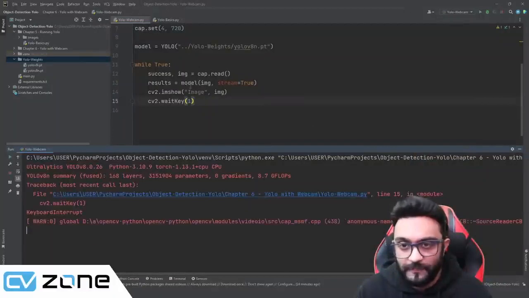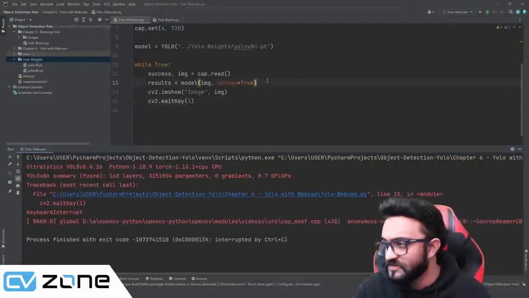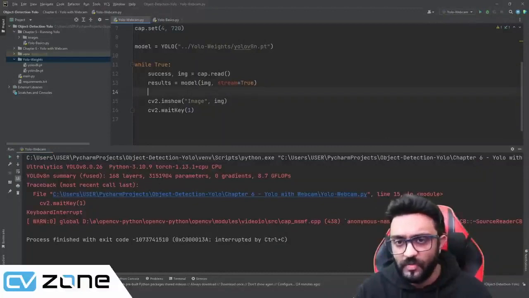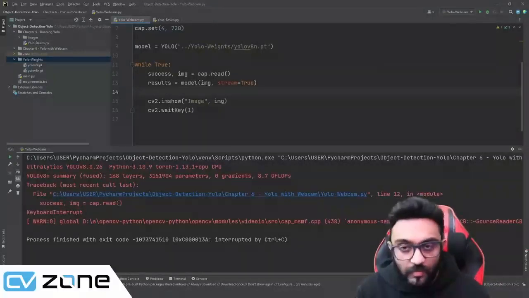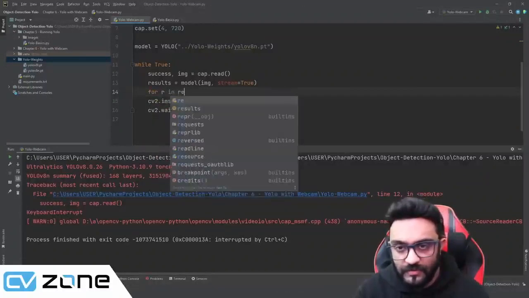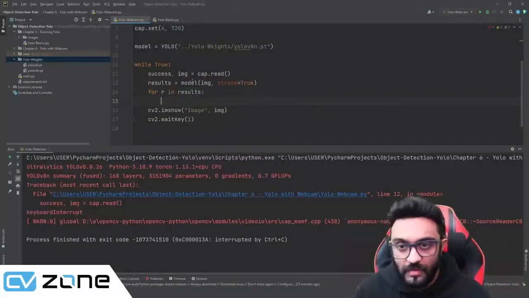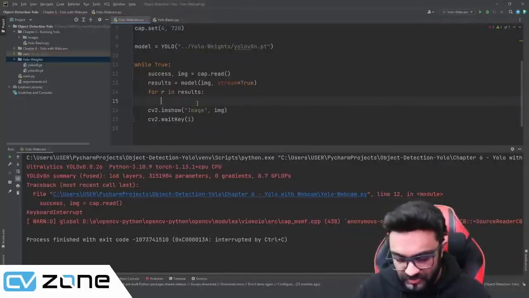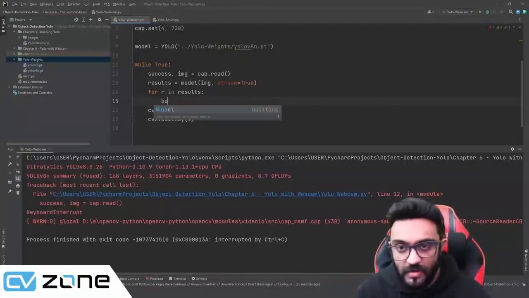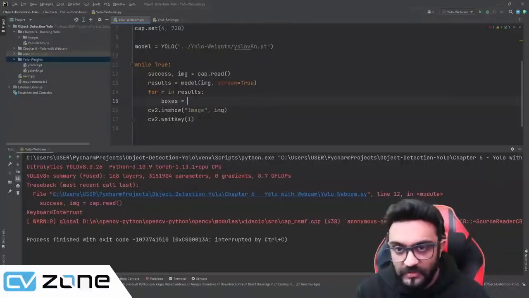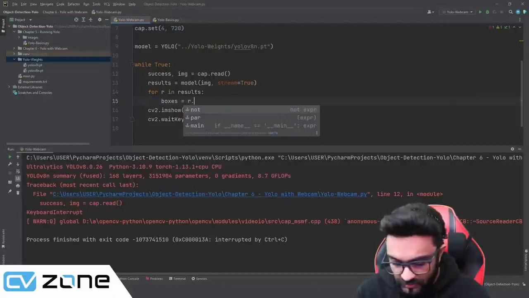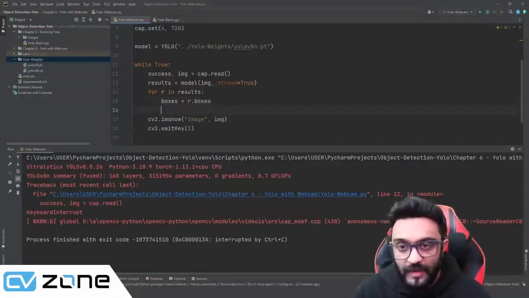So that is good. So now once we have the result, what we can do is we can check for individual bounding boxes and see how well it performs. So here, once we get the results, we are going to loop through them. So we are going to write for r in results. We are going to get the bounding box of each of the results. So we will write here boxes equals r.boxes. And now we have to loop through the boxes. So we will write for box in boxes,